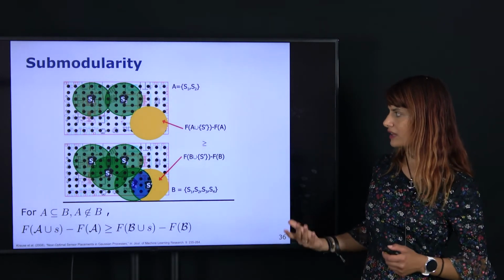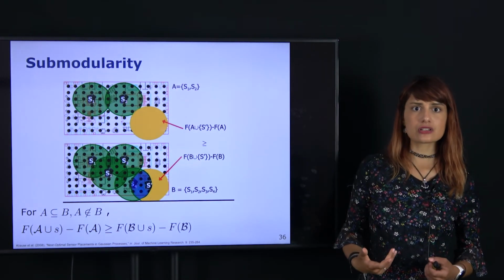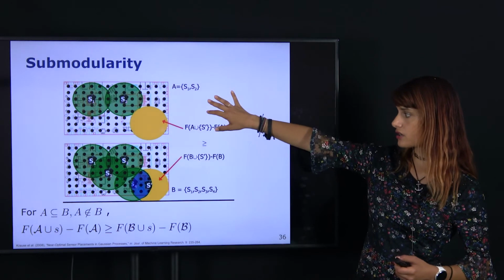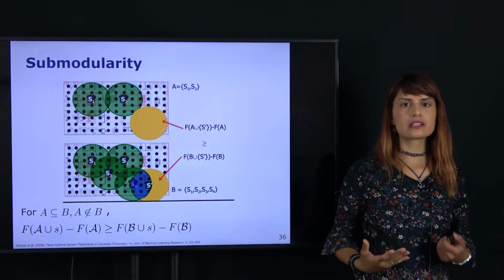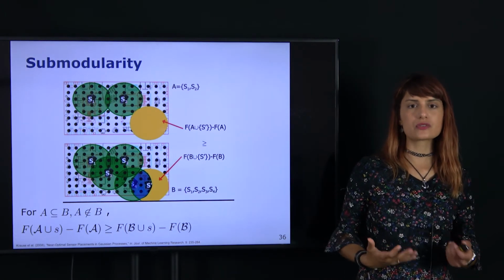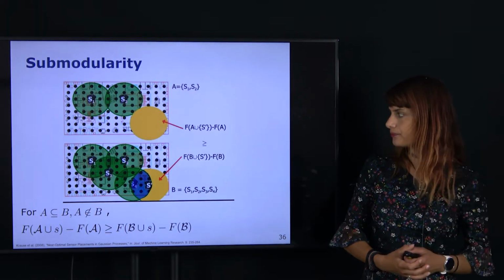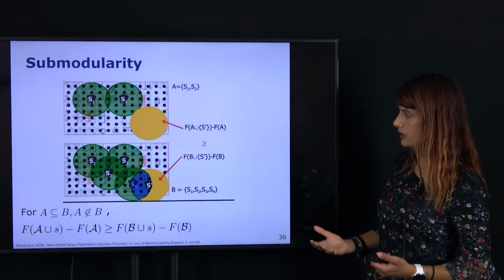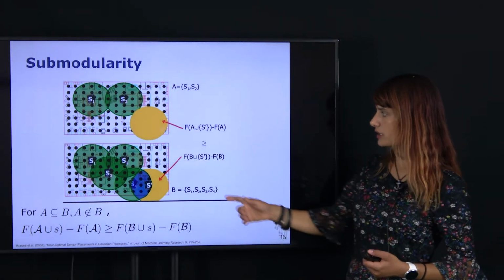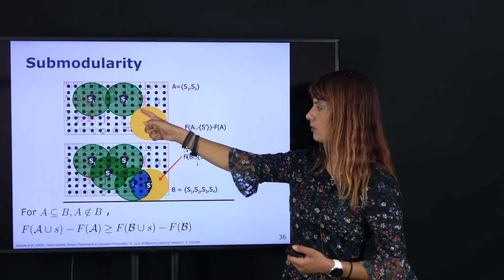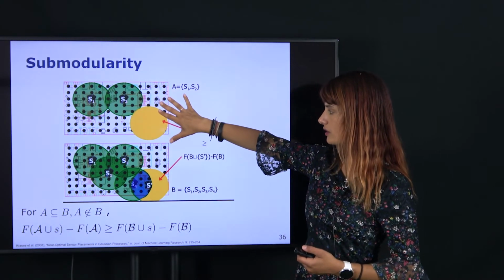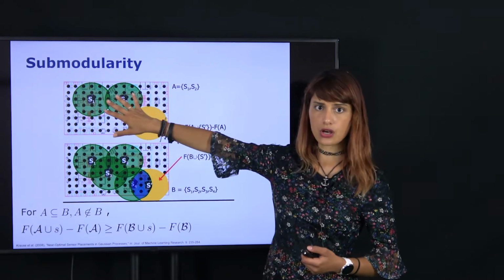Intuitively, the value that we gain from adding an additional sensor in this first scenario will be much higher than in the second one, when we have already learned a lot about the environment using the sensors that we already have. This can also be appreciated visually by looking at the fact that the area covered by this new sensor overlaps in a very limited way with respect to the other sensor